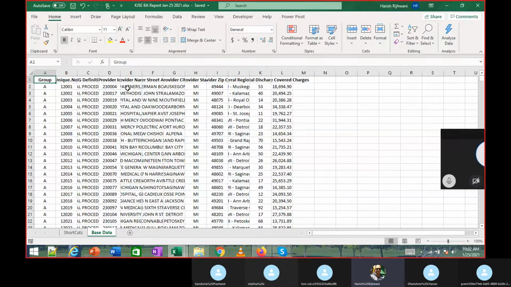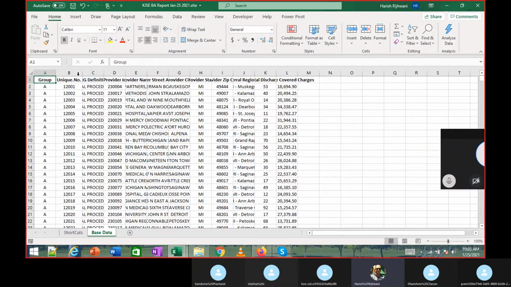Now you notice over here that the data is squeezed. What we need to do is auto fit the columns. One way is when I move my mouse between the column names, like B and C, you notice the cursor changes. It's like a plus symbol, but a thinner plus symbol with a vertical line and a double sided arrow.